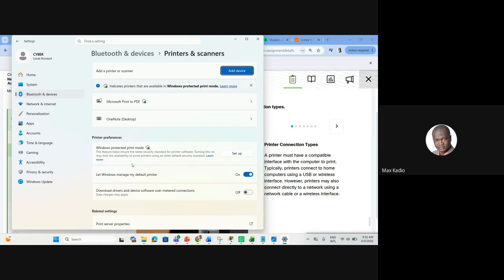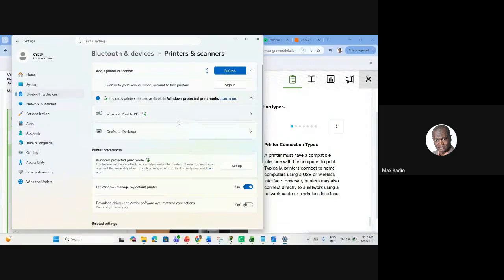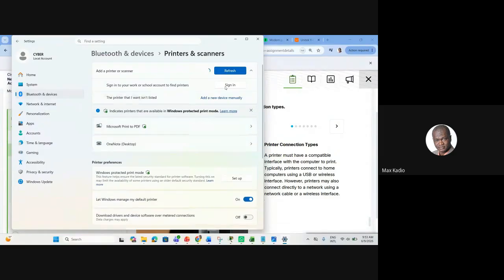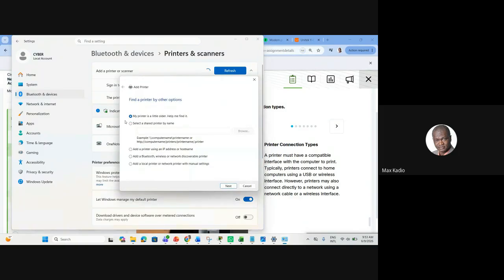Yeah, so when you add a printer, you add a device. Then if you say add a device, the system will check if in your network you have a network printer that is set up. If there is none, then you must manually add one. Then you click on it. Then it's going to ask you some questions.